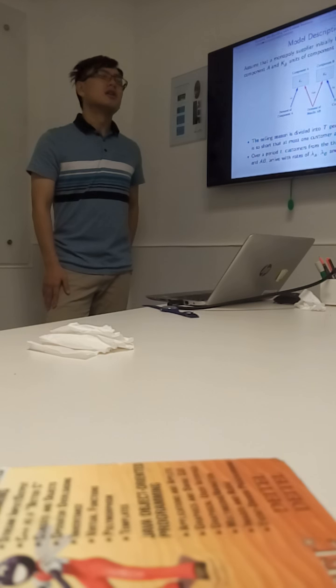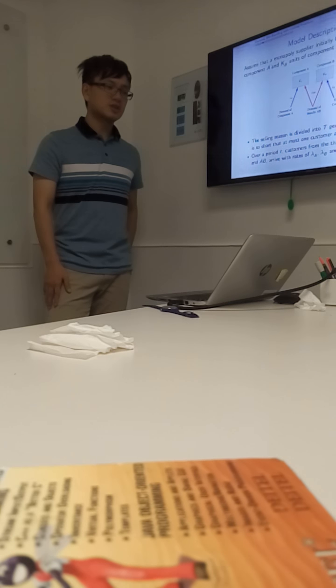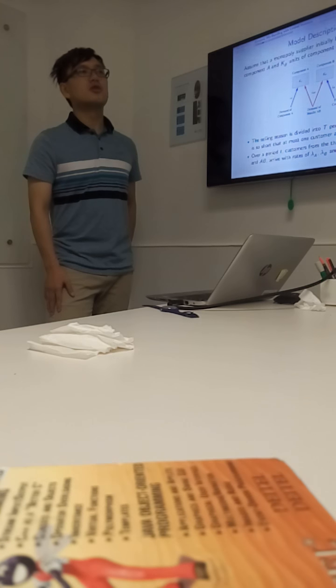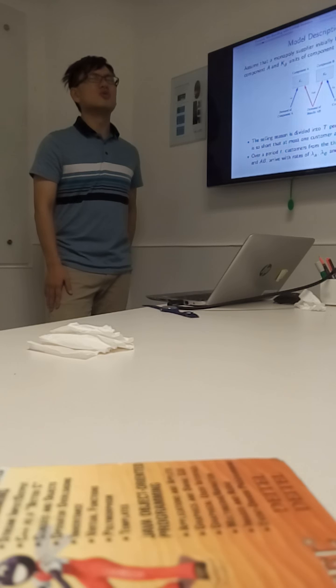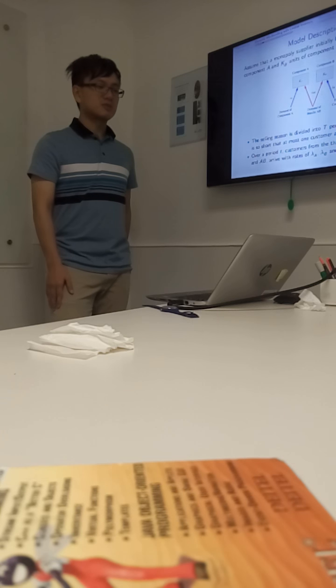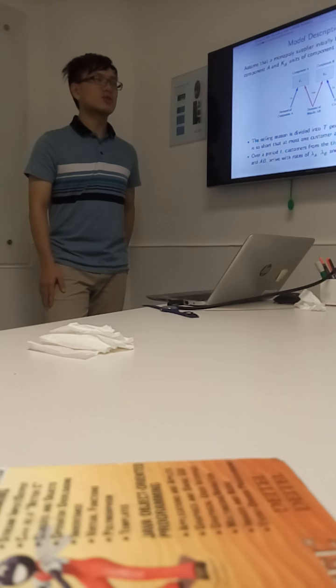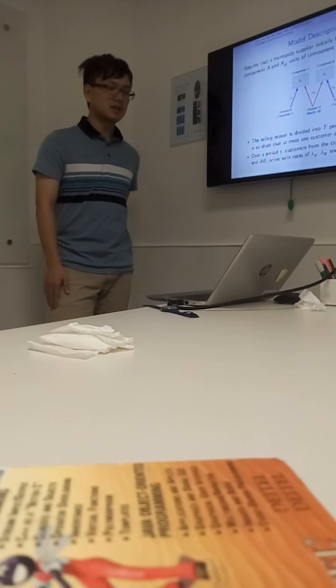To give a controlling method, we formulate a model. We assume that a monopoly supplier initially has Ka units of component A and Kb units of component B,